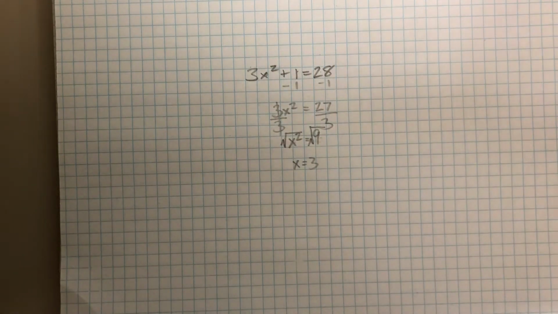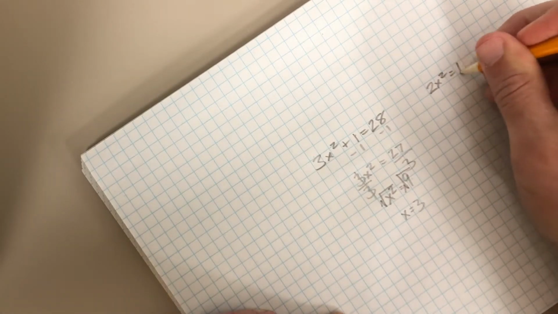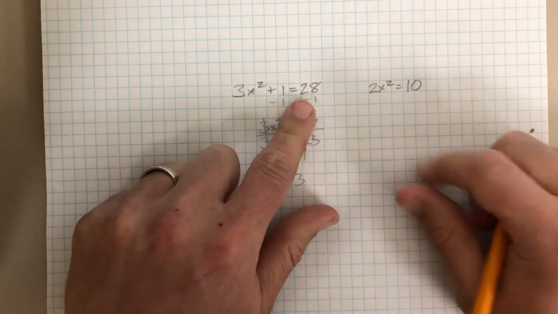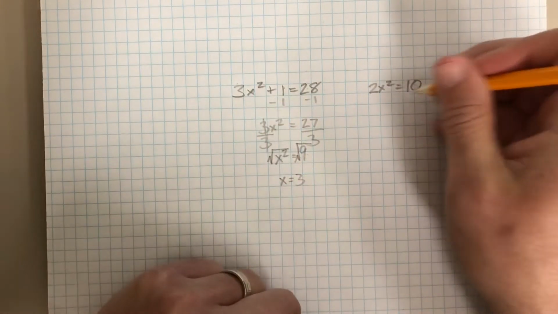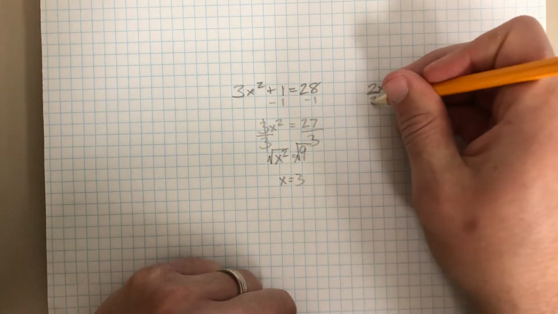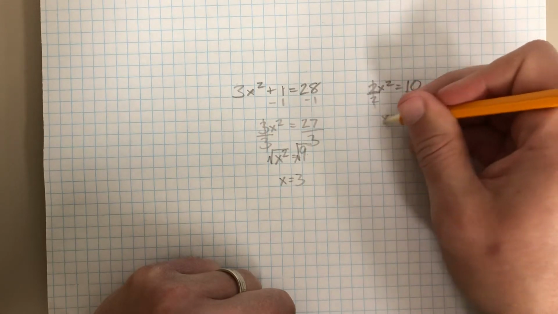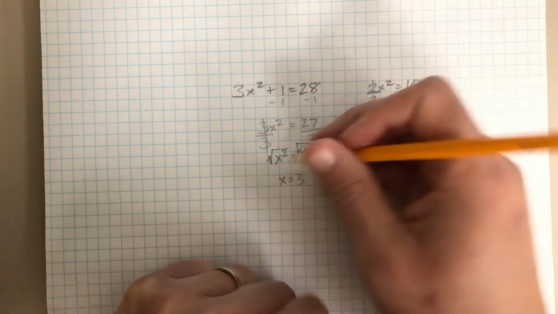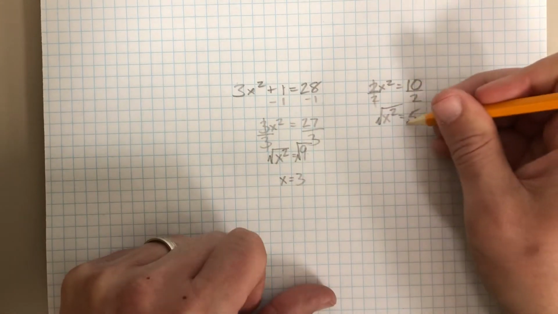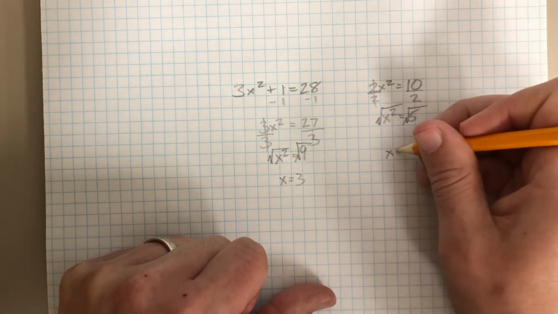Okay, let's take a look at a couple more. Let's do 2x squared equals 10. Okay, so that's similar to this, only we're missing this part, but that's fine. So, first step, we want to get x by itself. So I'm going to divide by 2, divide by 2. That'll cancel that out and leave me with x squared equals 5. Now, to get x, remember, square root and square root. Square root of x squared is x, and the square root of 5